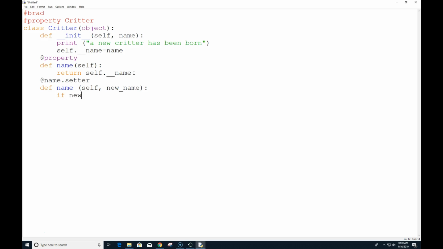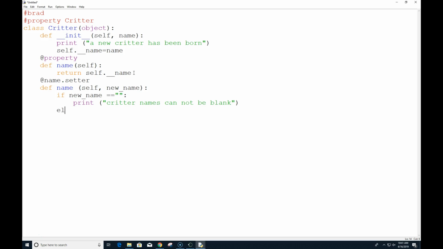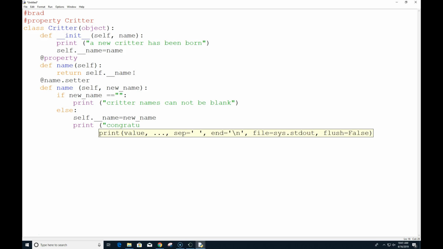So if new name is equal to blank, print "cannot be blank," else self._name is equal to new name, and you could print out "congratulations, you got a new name."